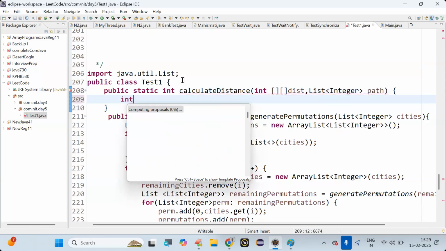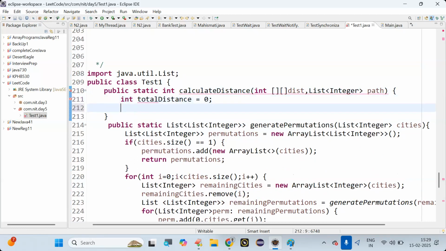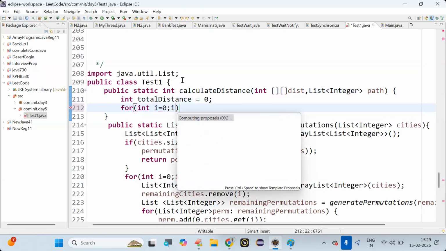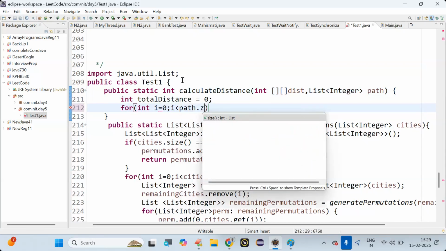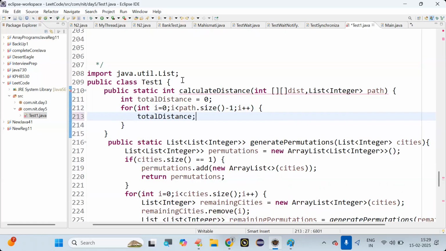Now, suppose initially the total distance is 0. Initially total distance is 0. So I'll take support of a loop where I'll go up to the size of the path. Whatever path I have got, I'll keep on executing up to there, size minus 1, i++. Now here I will update the total distance. I'll update the total distance as addition of distance